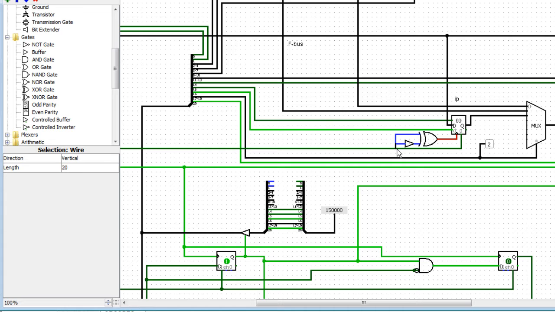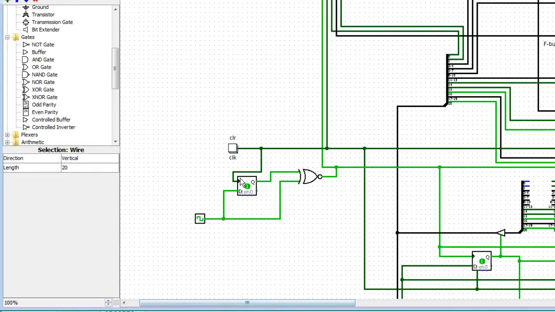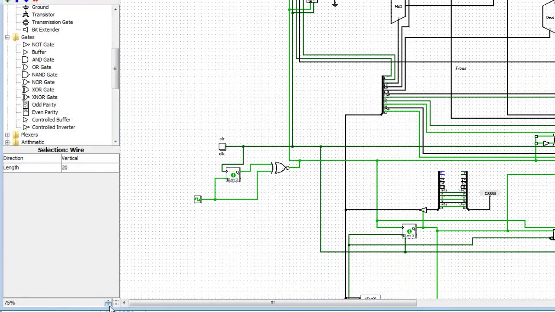You might ask me, well, Chili, if you can double the clock signal, why don't you just double it right here for everything and make it all faster? And unfortunately, that's not going to work because